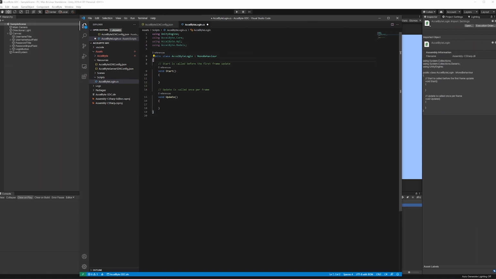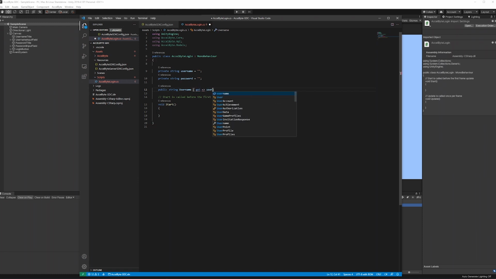So we'll be needing those for what we're going to do. I'm also going to remove the update function, and we're going to start declaring some variables. So we're going to need a string for our username. So private string username, and we just equal an empty string, and private string password equals an empty string. And then we'll make a get set for that string username equal